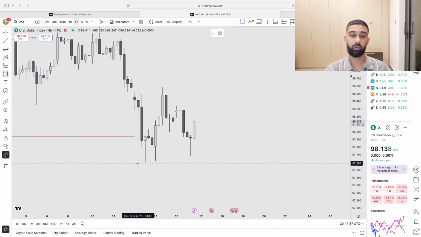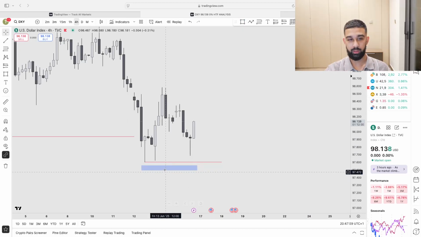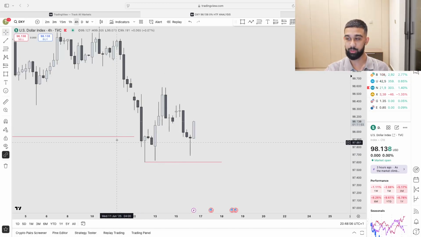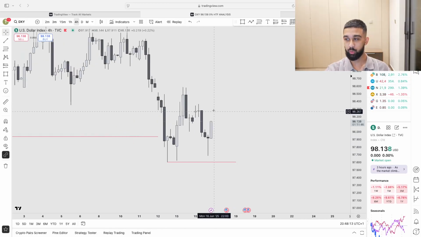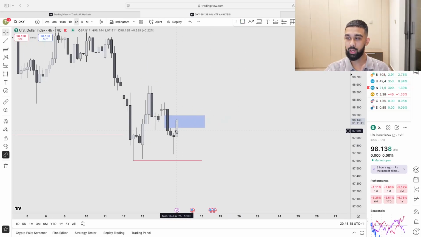This could be looked at in two ways. Is this sell side liquidity, because we have low, low, low? But it could also be looked at as, is this an order block or area of liquidity, because we swept out liquidity and price has traded back into the area that swept liquidity and is trading higher. So you would have looked at this fair value gap over here as well on the 4 hour and see, does price trade right through this fair value gap? From here, it could still be an opportunity for price to go lower and trade for these equal lows, but it could also be a scenario where price maybe is just consolidating for a bit.